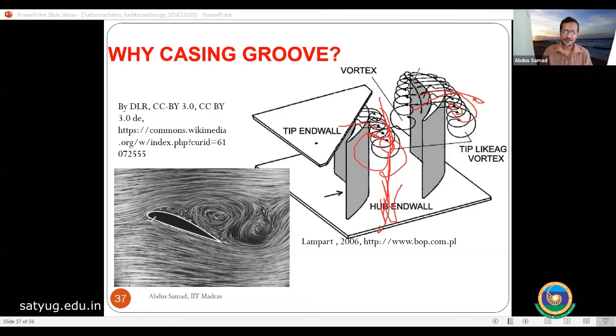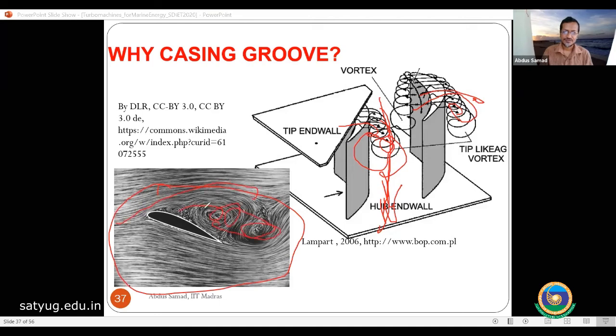Flow separation is like, if you see this airfoil and fluid is moving over it, and there are lots of things there, the fluid is not able to stay attached. So this detachment or separation is a problem for any turbine or aircraft engine.